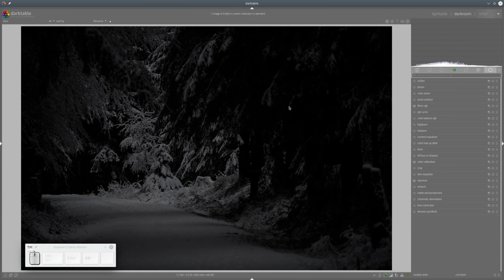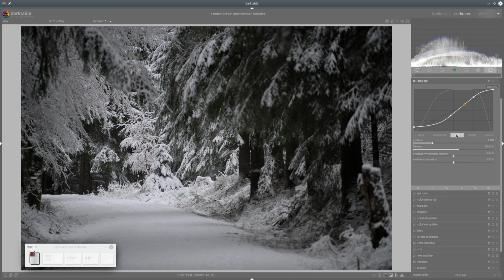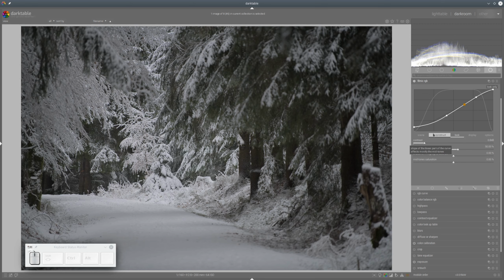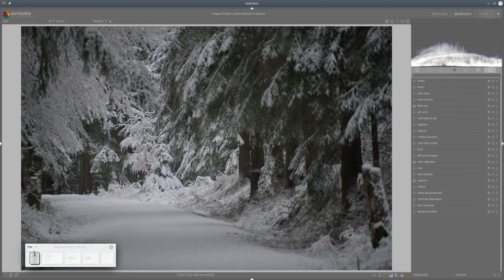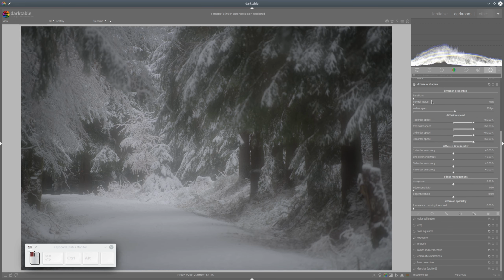And let's see what we can do with the next photo. Okay, this is our next photo, and we will use the exposure module to bring the brightness a little bit up. And we have too much contrast here, so I will also use the Filmic Look tab and remove a little bit of contrast, because I would like to add some kind of soft contrast similar to the last photo with the diffuse and sharpen module. So I will use the diffuse and sharpen module now, and we have that bloom preset with a lot of